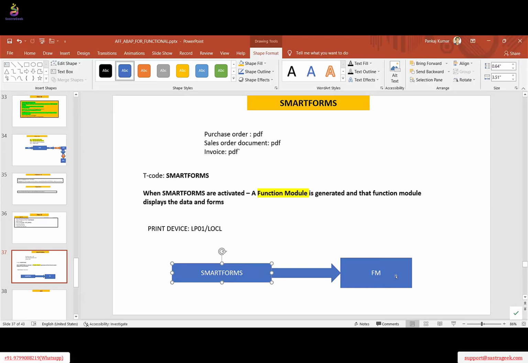Or if some logic is there, mostly you will get the problem in the logic itself. And if you find some issue, you can take help of ABAP to adjust the smart form. And sometimes you get the problem in the driver program itself, the data which is passed to the function module, there itself you can find the issue. What is the driver program? So the driver program is